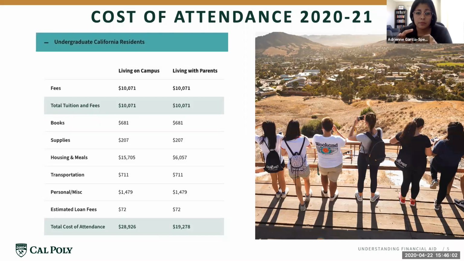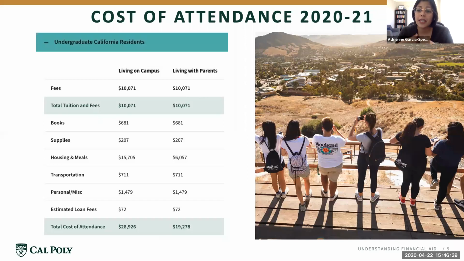Adrian, there's a question about how to add Cal Poly to their FAFSA. So they're asking, where do we go to tell FAFSA that we're planning on going to Cal Poly? Yeah, so if you didn't list us on FAFSA at the beginning, you go back into your 2021 FAFSA, and you're going to have to click through to the part where it allows you to add a school, and you will add Cal Poly as a school on there, and then you'll have to click through and make sure you submit again. That will tell FAFSA to send the information to us.